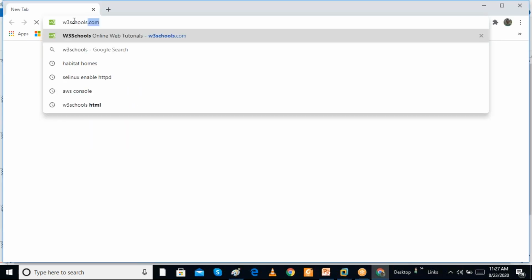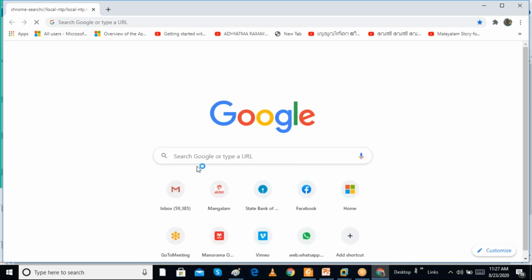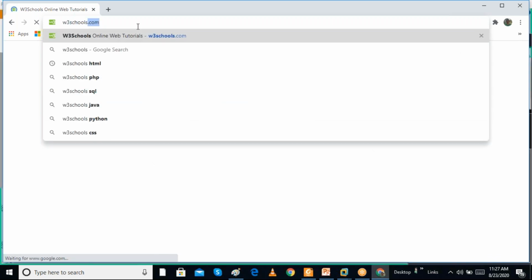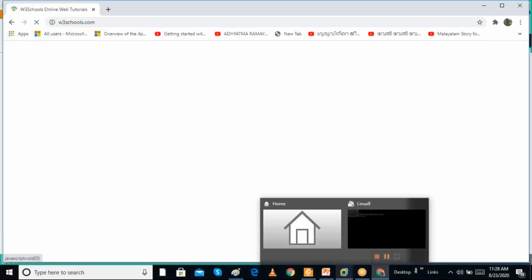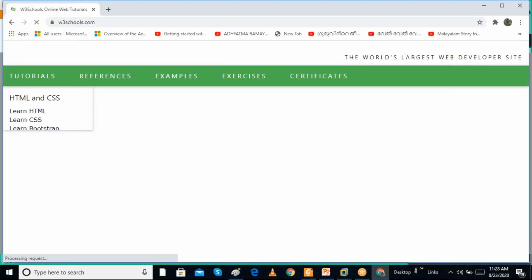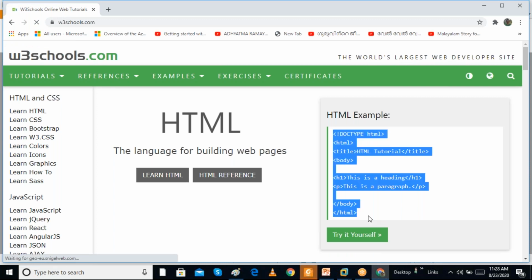So I will search for a sample HTML page, w3schools.com. Just to get an HTML page, I want to copy this HTML page and put it in this folder.